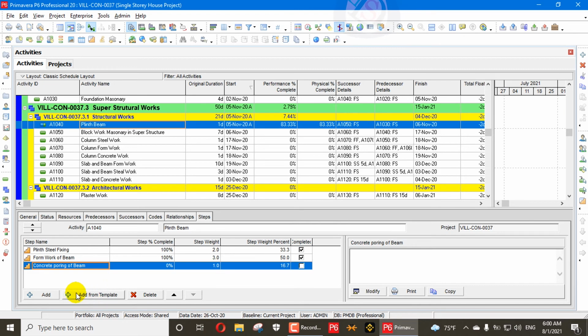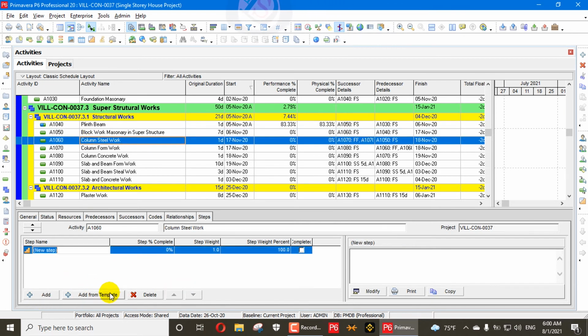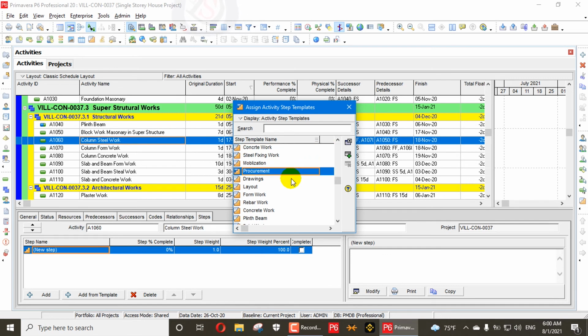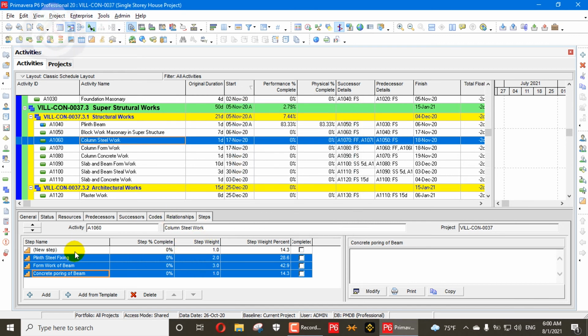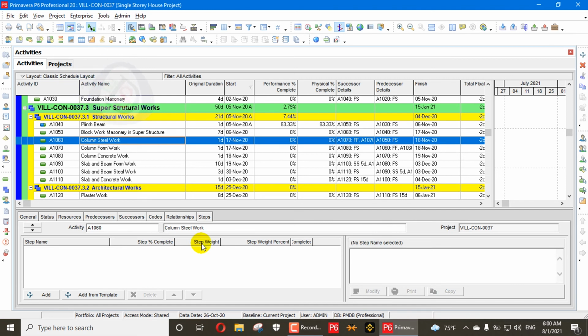So here I have created a template. Add from template. Here, which I have created, the template plinth beam, you can assign plinth beam from here. So these weightages are already assigned. These weightages are calculated based on your manpower or your cost, whichever your company prefers.